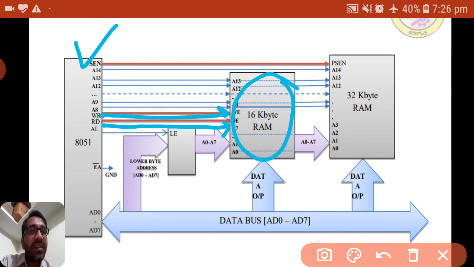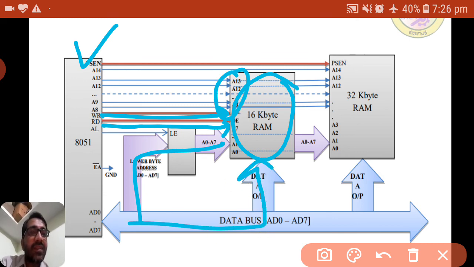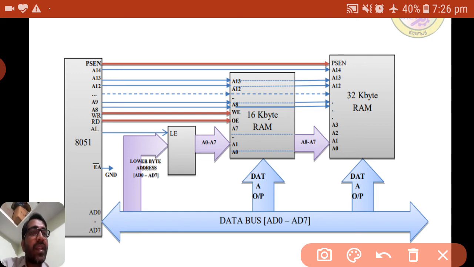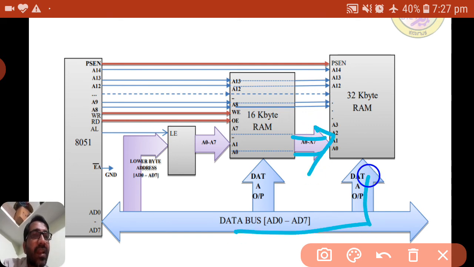As we need 14 address lines, 8 are here, and 6 are here, A8 to A13, and the data bus is here. Similarly, if we need 32k, what may be the changes here? The same, instead of this we are using this memory here. The same latched address lines are coming here, and the data bus is connected here. Anyway, read write is required, it is missing here. That read write we need to connect, yeah, here.